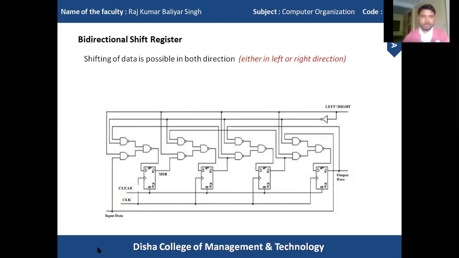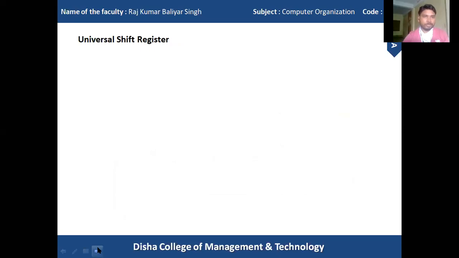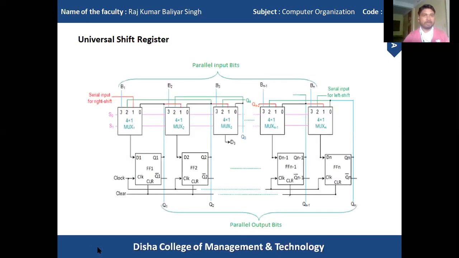Clear? So another is called universal shift register. As the name says, it is the master of all flip flops, all types of flip flops. That means the single shift register can handle all modes of transfer, that is parallel in, parallel out, serial in, serial out, in all modes of different transfer. We can transfer the data parallel in, serial out, serial in, serial out, serial in, parallel out, parallel in, serial out. In all cases we can transfer the data in case of universal shift register.